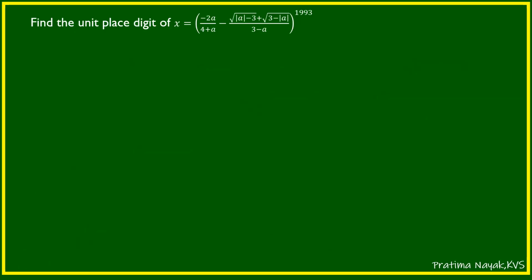Let's simplify this algebraic expression: minus twice a upon 4 plus a minus square root of modulus a minus 3 plus square root of 3 minus modulus of a, over 3 minus a. Now we know that square root of x is defined